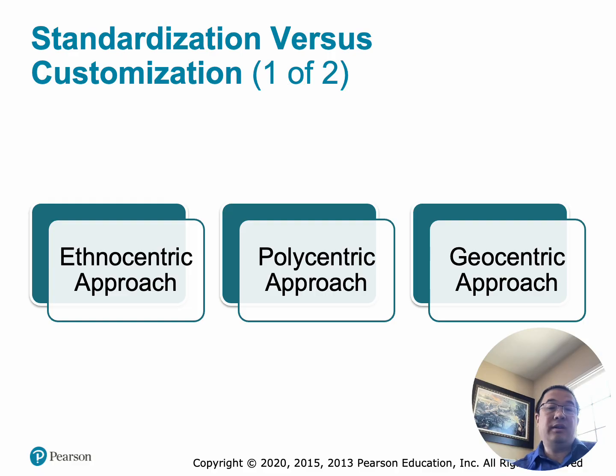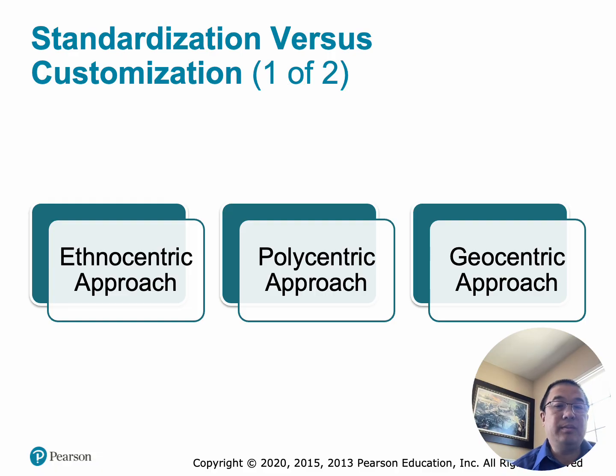The advantages of this are it's a better fit with local cultures. There's greater customer acceptance, and there's more flexibility. However, the disadvantages are higher costs, less global consistency, and difficult to coordinate worldwide. As an example, McDonald's often adapts menus to local tastes. In India, there's the McAloo Tikki. In Japan, there's the teriyaki burger. In Mexico, there's local flavor variations.